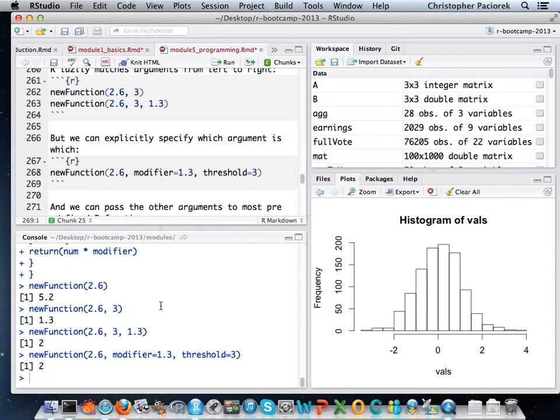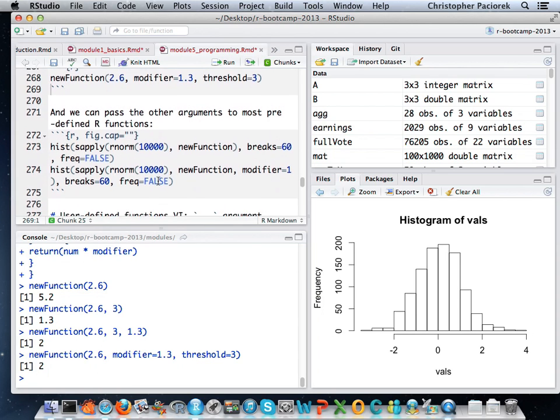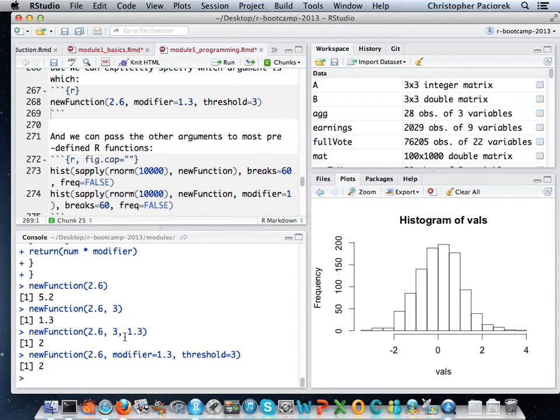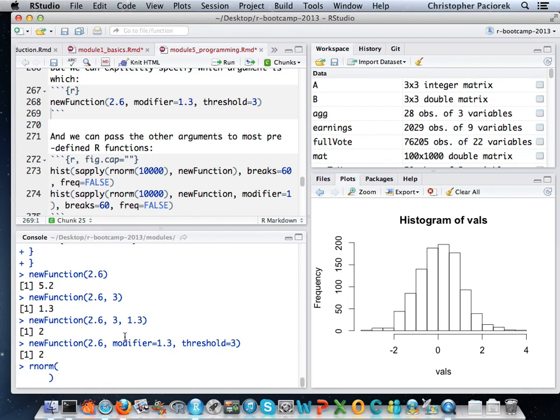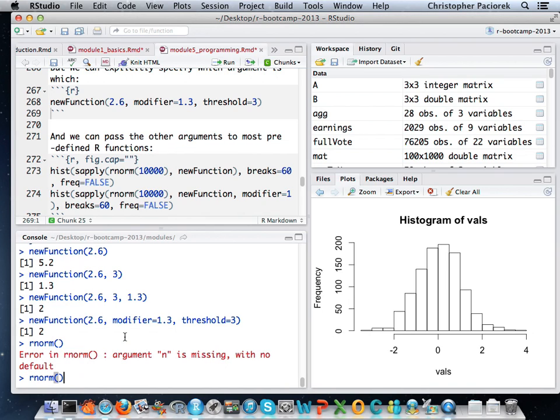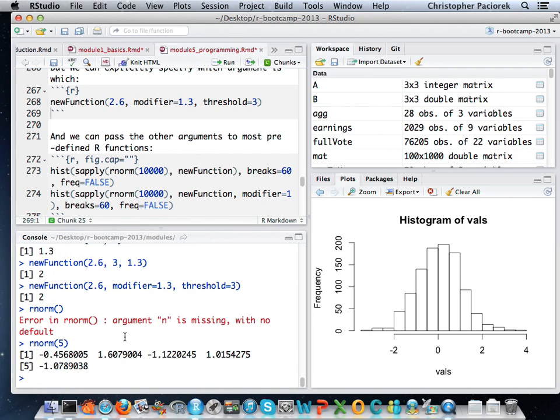All of the R functions that we've been using, like rnorm, have default arguments. So if we call rnorm with, let's say, 0 arguments, okay, it doesn't have any default for the number of arguments. So let's say we want 5 random normals. Right?